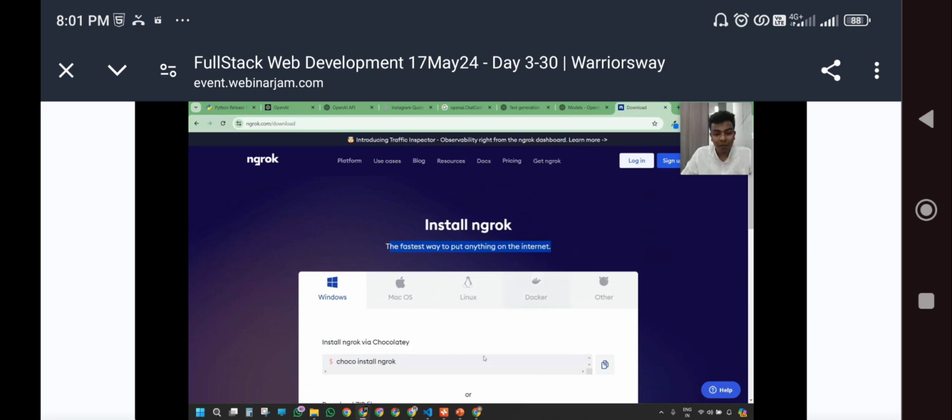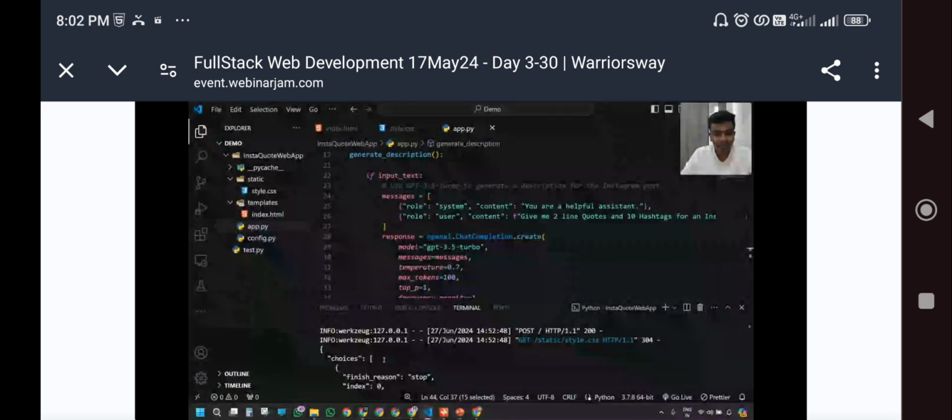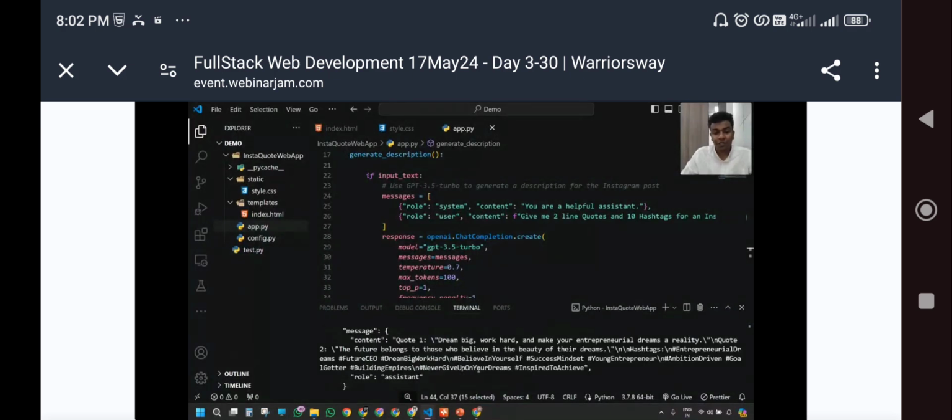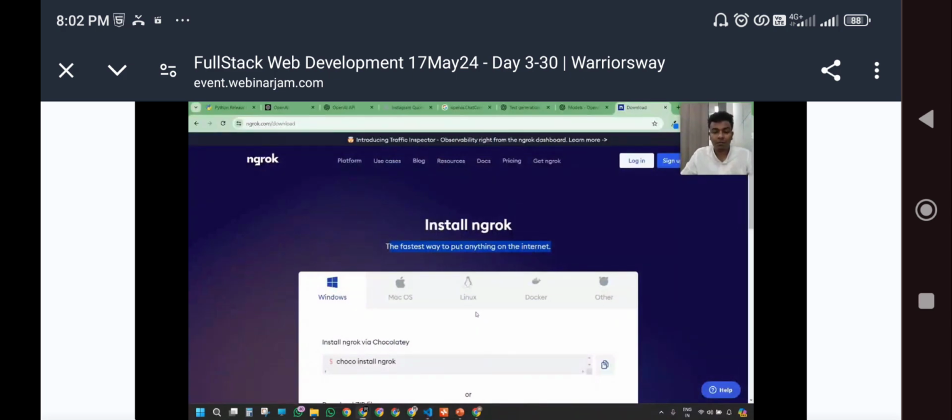So how will it work? Your localhost application. If you are really seeing my terminal, it is running, right? It has given me the URL. It's still running. While it is running in localhost with the help of this command, Flask run, if you connect it with ngrok, it will go public. Hope you got my point.